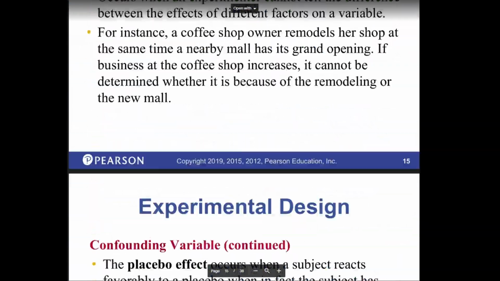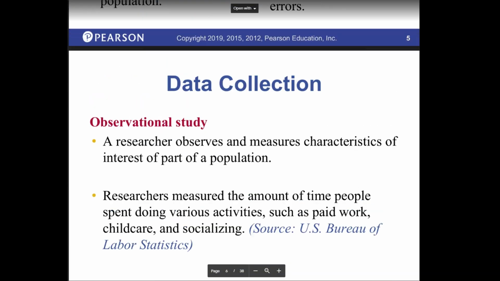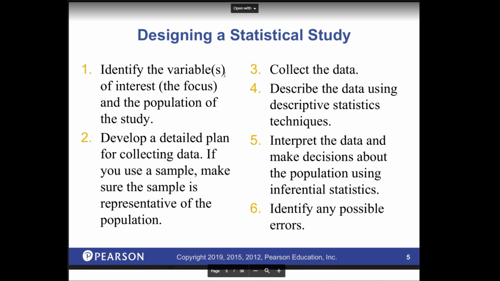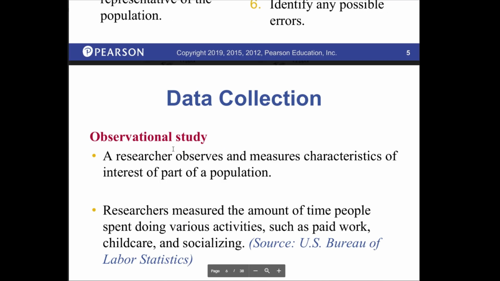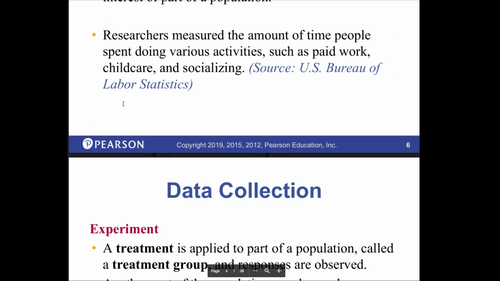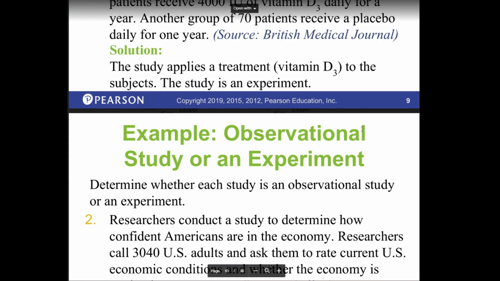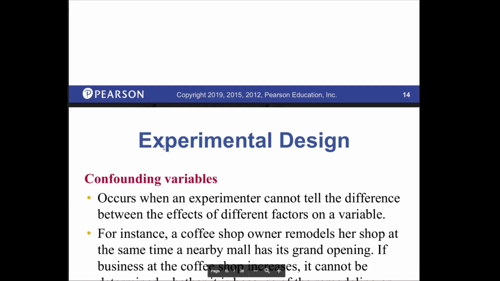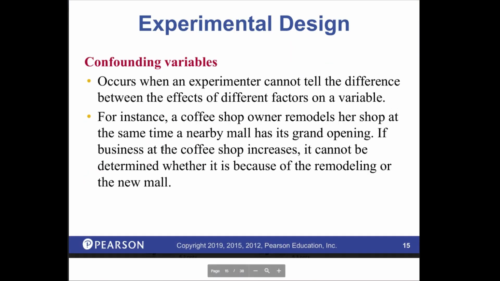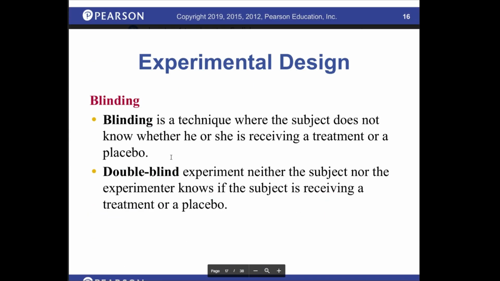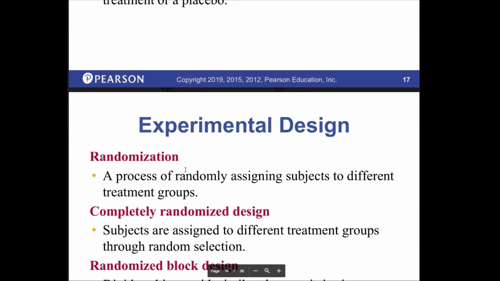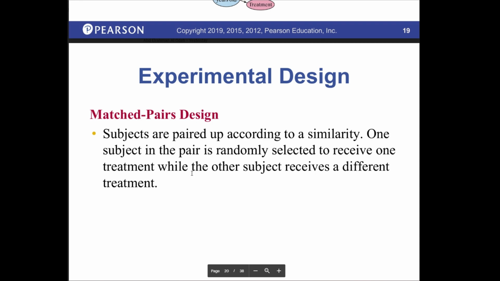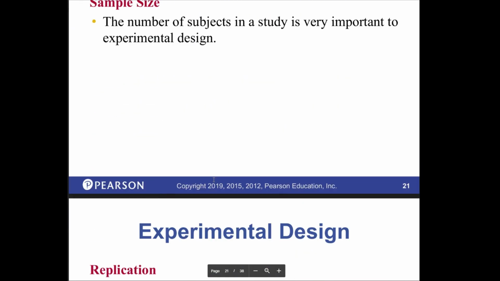So to give a quick summary, we will go back over here to data collection, and actually over here, designing a statistical study, where it lists the 6 steps to design a proper statistical study. And then we get the 2 types of data collection: observational study and experiment, and then we get examples of those. And then we have a simulation, and then survey, and then we get examples of those, and then confounding variables, and then over here we have the blinding technique, and then we learned about randomization, completely randomized design, randomized block design, and then we got examples of those, and then we got matched pairs design, and we got sample size,